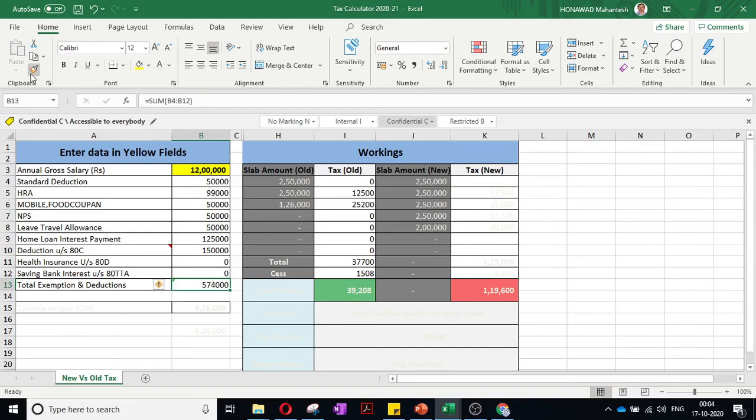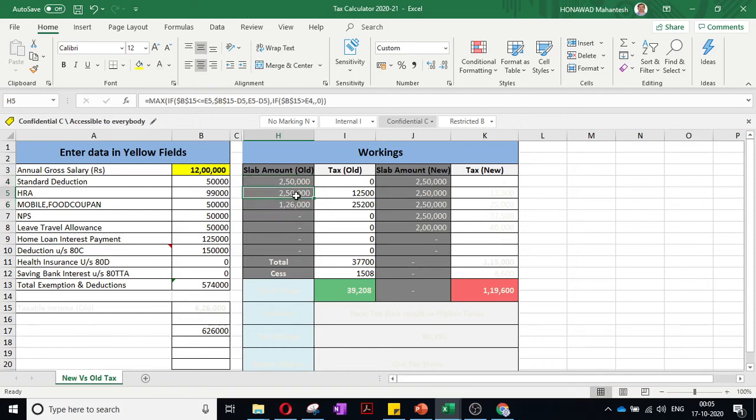How much rebate you got? 5,74,000. So the remaining out of this is 6,26,000. So if 6,26,000 is divided like this, first 2,50,000, 0 tax.